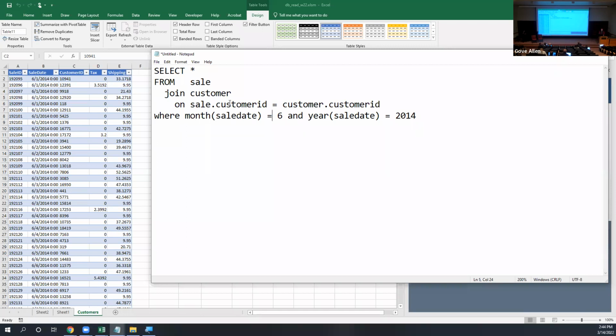Then we're interested where the month is that, and the year is this, and the state is equal to California. And the string